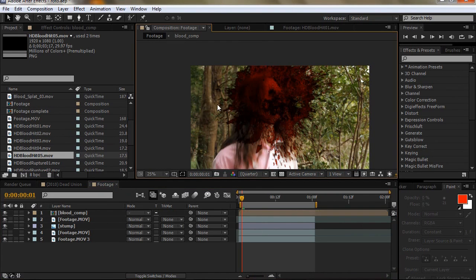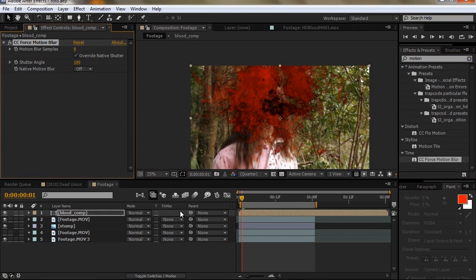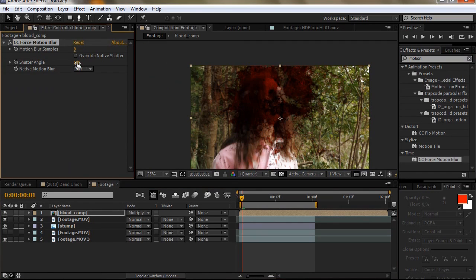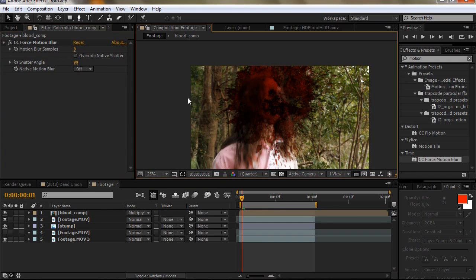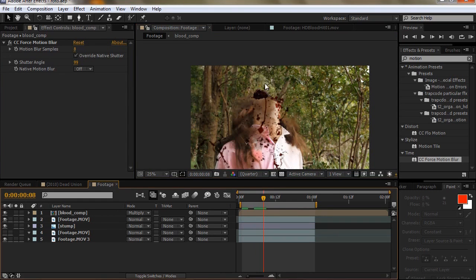And what we will do is add motion blur. Everyone had a big QQ on my last tutorial for not using motion blur, so I'm going to use some motion blur on this one, just to keep everyone happy. Set this to multiply. Don't want it too high. Also, as it gets to the edge, it fades, so I want to add some radial blur,